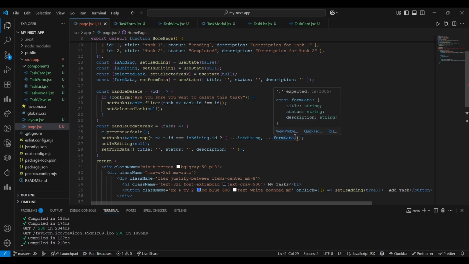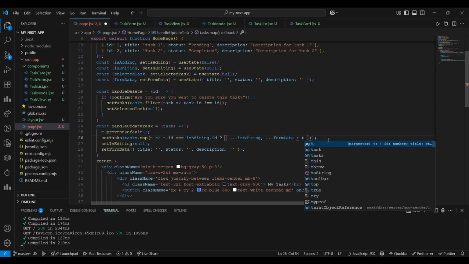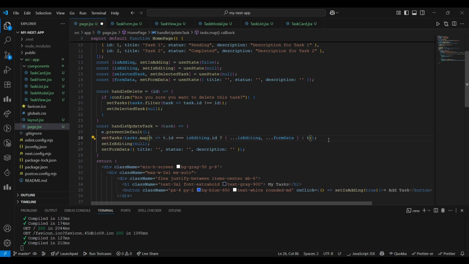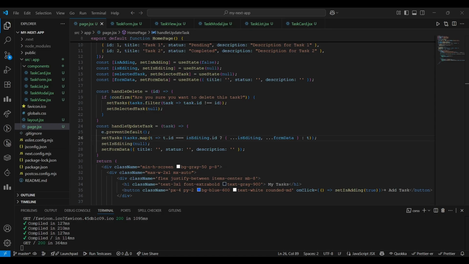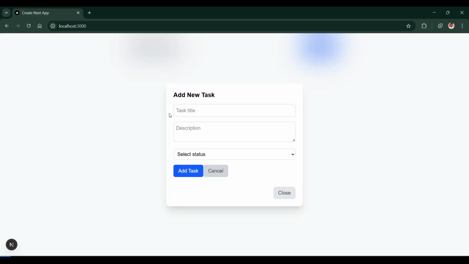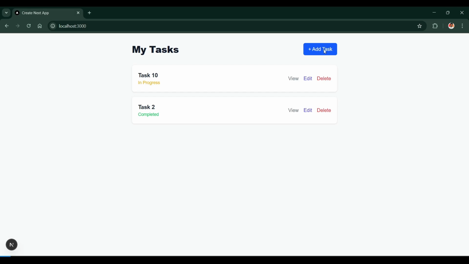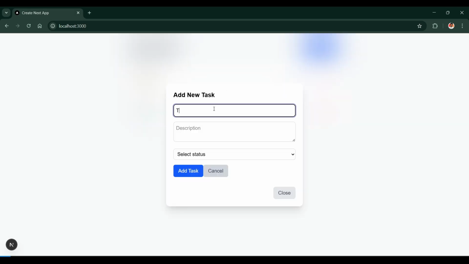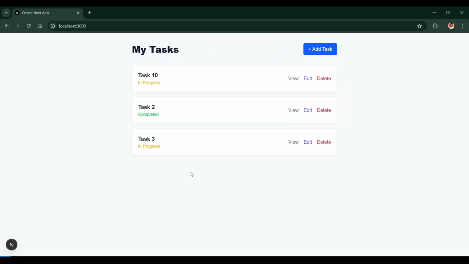Which is an error here, to the T, and I'm gonna see. Now I'm gonna see is there any changes in here. For adding the functionality of add task here, I'm able to create another task, and also the description in progress, and also I'm able to add the task also, which is